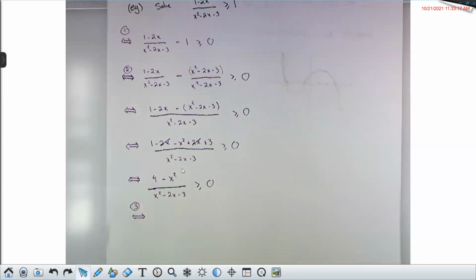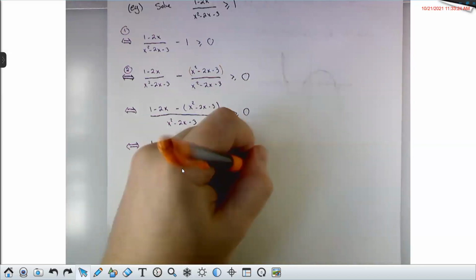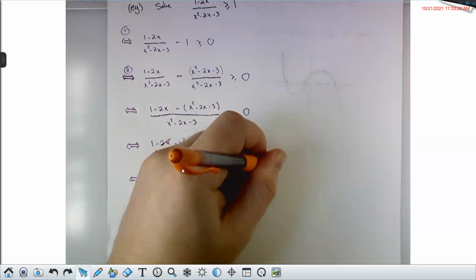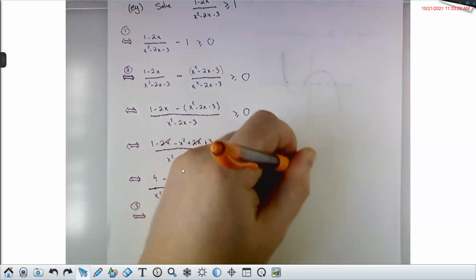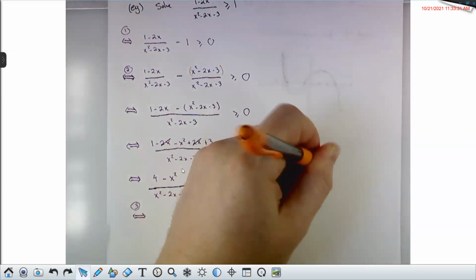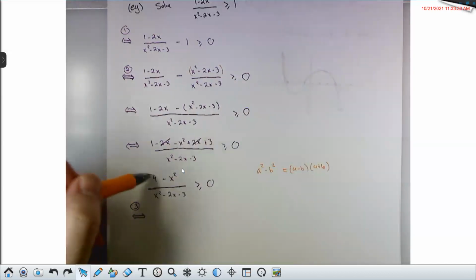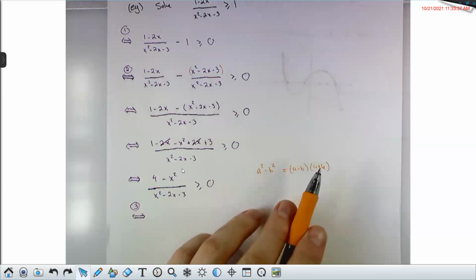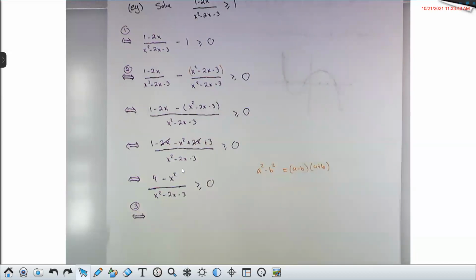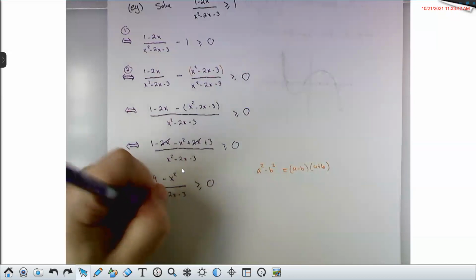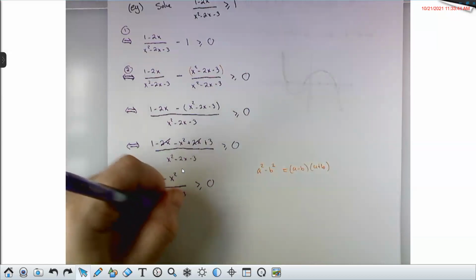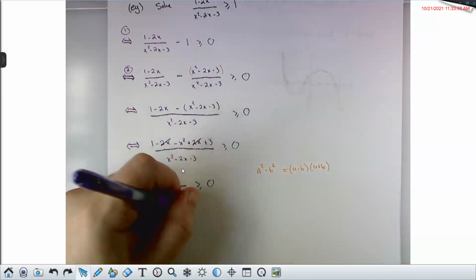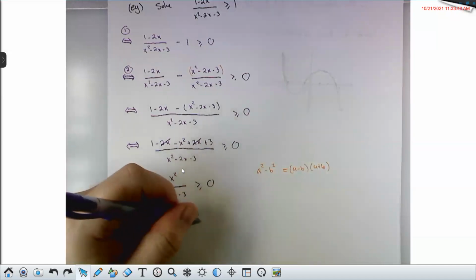All right, can anybody help me factor 4 minus x squared? This is actually a really nice thing. Difference of perfect squares. Very good. This is the difference of squares. Remember, a squared minus b squared always factors as (a minus b)(a plus b). Even if they're not perfect squares, if this was a 3, 3 minus x squared would be (root 3 minus x)(root 3 plus x). We can always do that. But here we're even luckier. So that top is (2 minus x)(2 plus x), because it is a difference of squares.